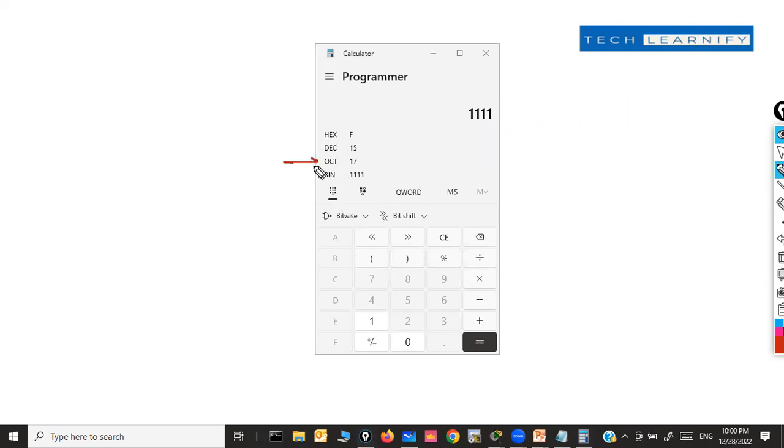Forget about this. This one is octal, this is hexa. We're not interested in hexa and octal, right? Decimal and binary. So what is decimal? 15. So this binary equals 15. So similarly, if you convert 8 ones, 1 2 3 4 5 6 7 8, the position values start from 1, 1 2 4 8